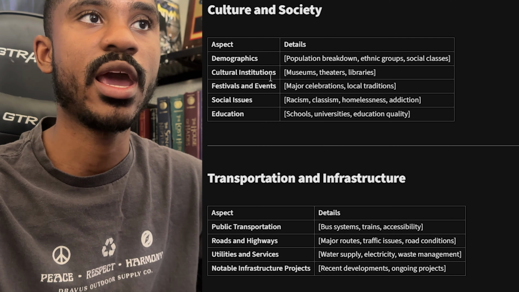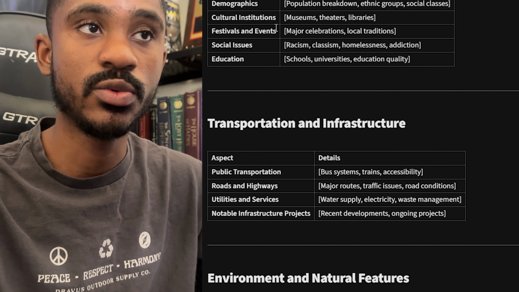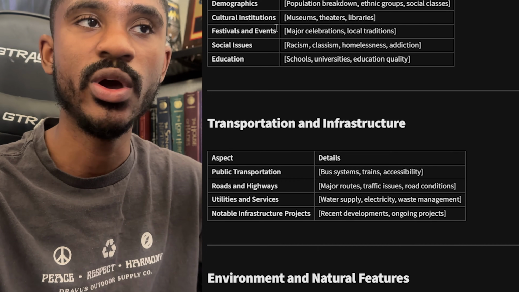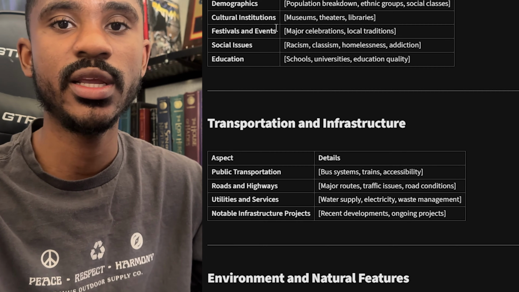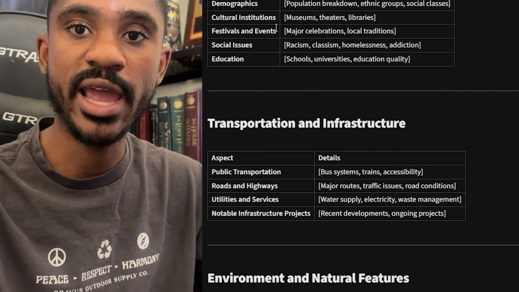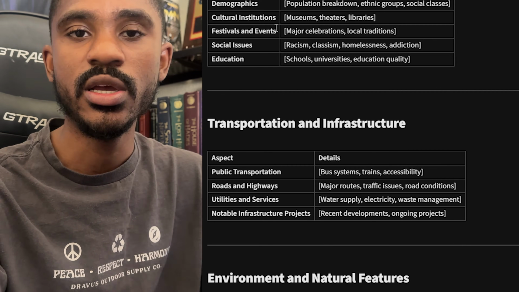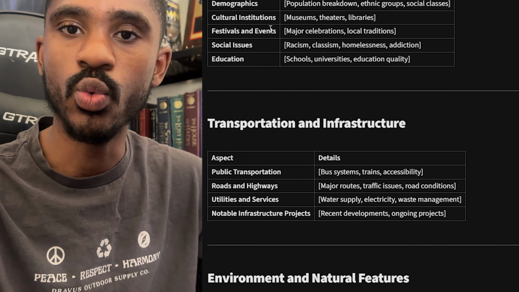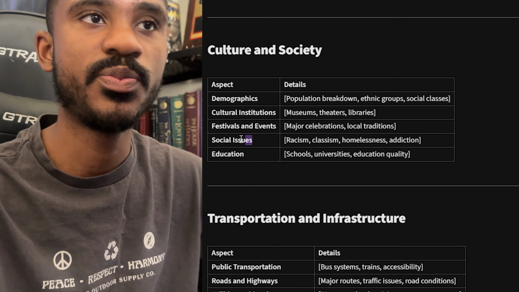But just to look at culture and society real quick, we got demographics, cultural institutions, festivals and events. That's something I actually want to dive into because I kind of want to create maybe a holiday or a festival or a parade that goes on in the city that will show up towards the end of my book. I kind of have an idea of an action set piece where Dominic is chasing the killer throughout this parade that happens in the wintertime area of the city. So I've got to spend some time thinking about that.